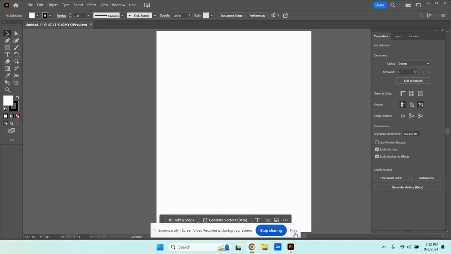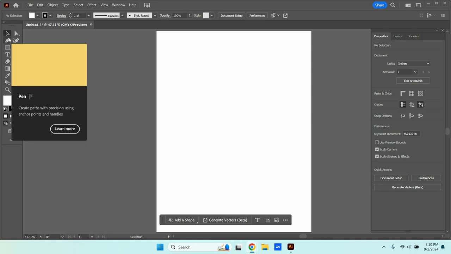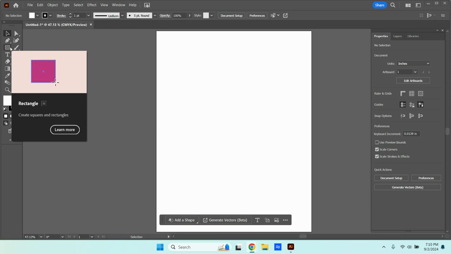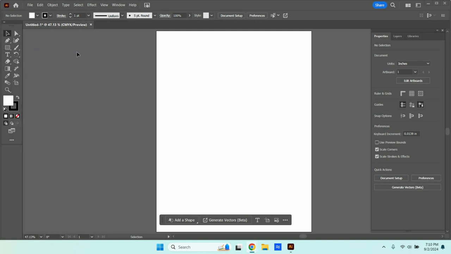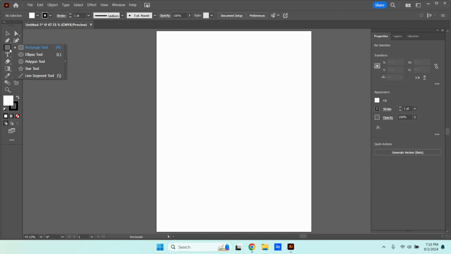Hey everybody, just want to get back and show you a couple new things that's happening with Illustrator 2024 with the Creative Cloud. We're going to look at the shape tools and we'll make them really easy. The first thing you want to do with the shape tools is you'll see there's a small white triangle on the bottom of it. That means that there are several different tools underneath it. So if you click and hold, left click and hold, you'll see that there are rectangle, ellipse, polygon, star, and